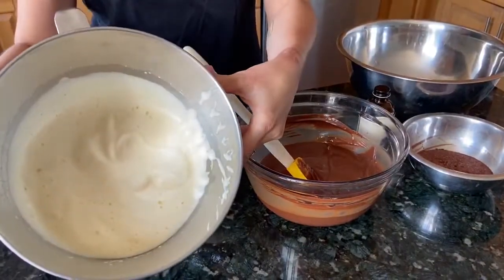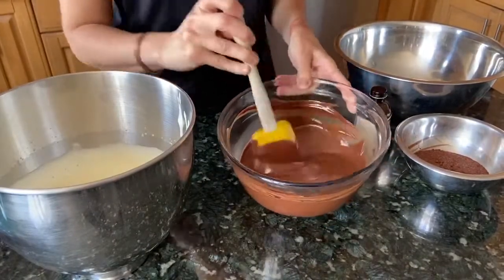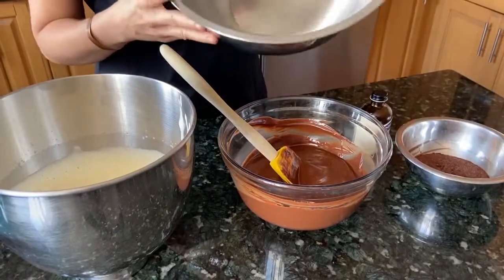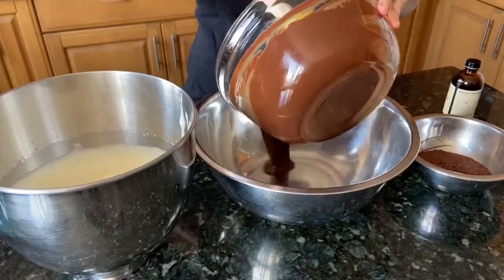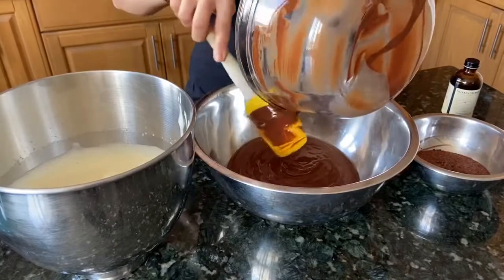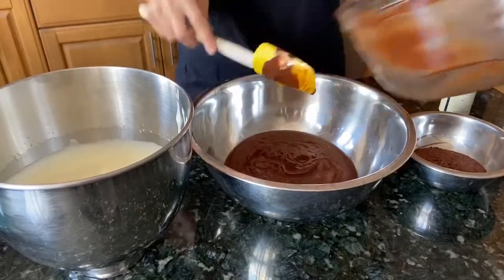This is what you want your eggs to look like. They're pale and fluffy. Your melted chocolate with your butter. At this point, you're gonna grab a bowl that's large enough to fit the entire batter. We are going to pour the chocolate butter combo into this bowl. And then we are going to gently, very gently, fold in